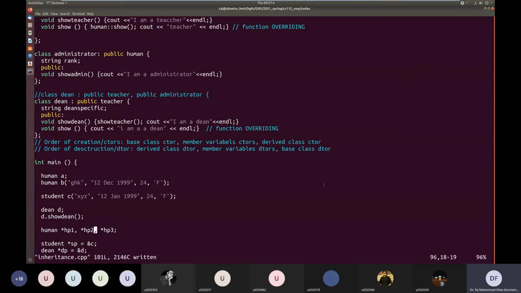And we can also do it with the human pointer: hp1 is equal to ampersand b, hp2 is equal to, we are giving it the address of the class student, and hp3 we are giving it d.